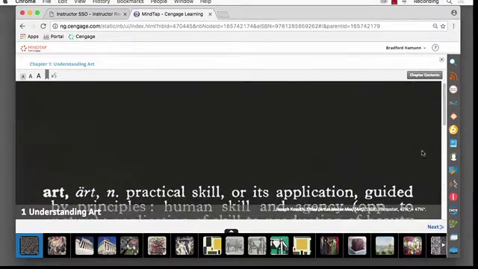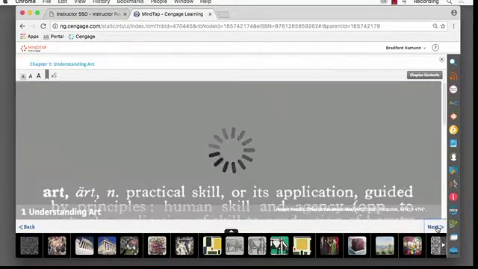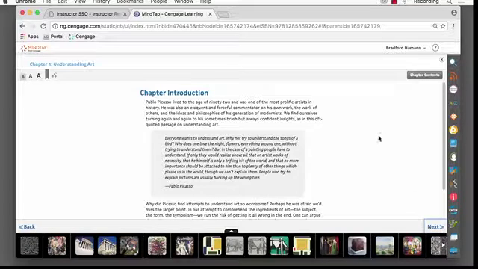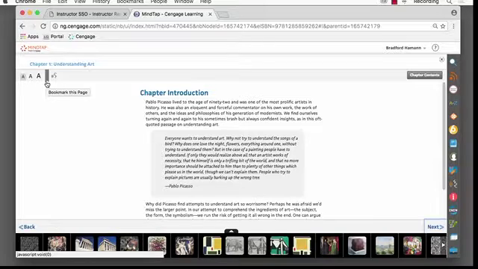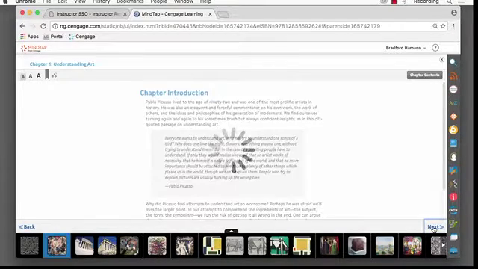And then you just click Next, and there is the chapter introduction. You can also have that read to you, or you can change the size of the text. You can also bookmark the page. So as you go through the text,